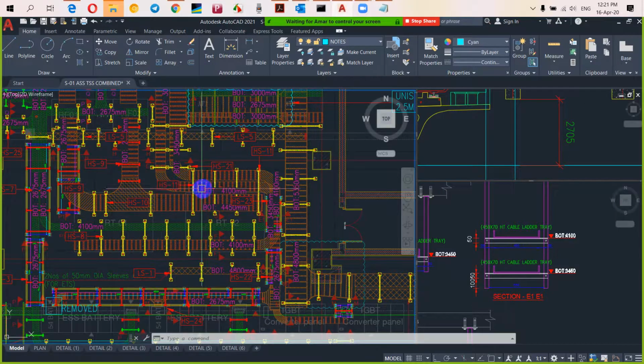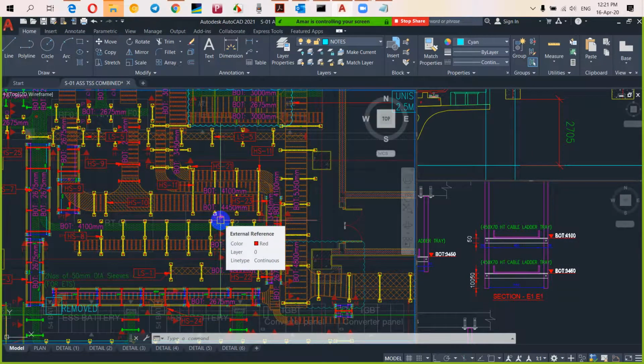No, you have misunderstood. Let me tell you. Section E comes like this. This is the section E. These two trays shall be 3450, and then it will be clubbed here, 3450 and 4100, and then it will move to here like this. One 4100 will be going like this, and one is going like this. Because of the space constraint here, we clubbed both into one upon the other.